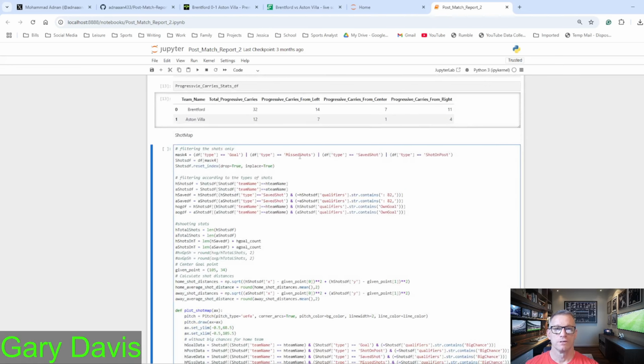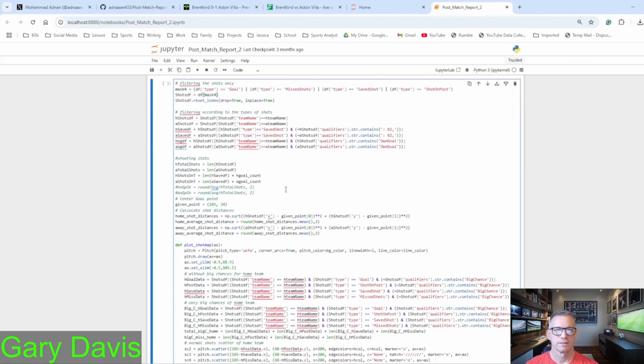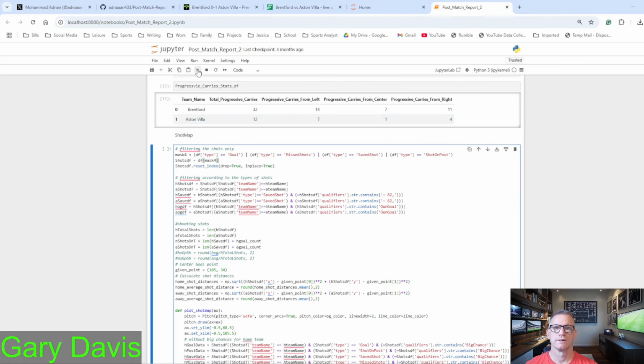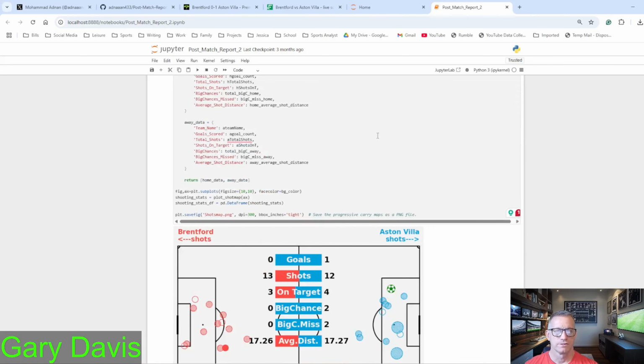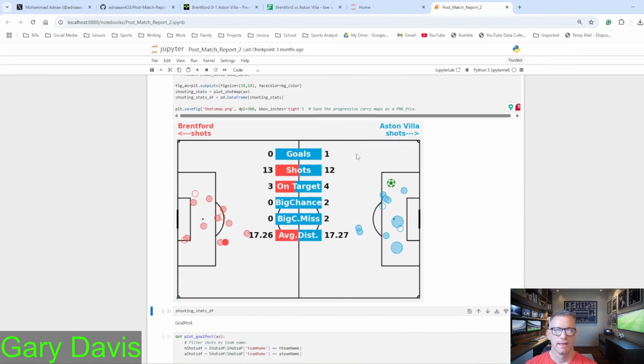Next we're going to look at the shot map. Code is filtering the missed shots, the saved shots, the shot on the post, and also the goal. So it's only pulling in that data, and then it's going to plot it on a pitch for us. As you can see here,